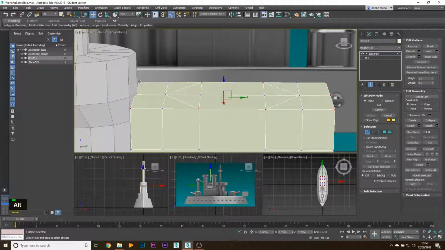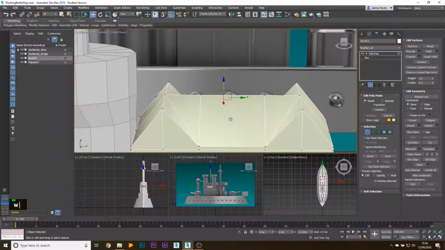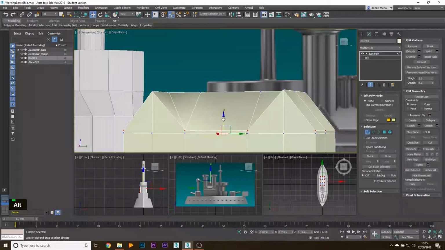So if you look at that, we want this line here, all of these vertexes, none of these two, there, and those ones. And if I press W and move down, we get the shape we want. Excellent. I'll just make it just a bit above, like that. And in fact,